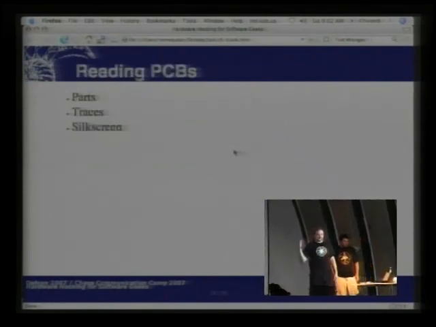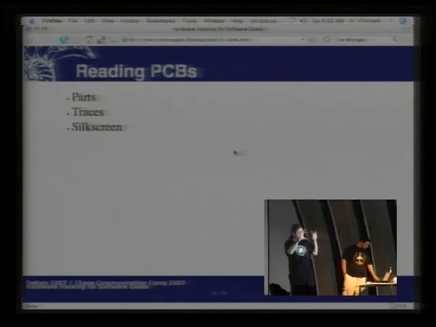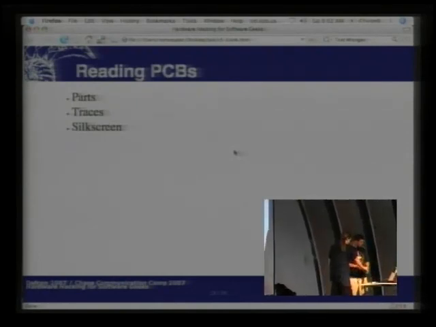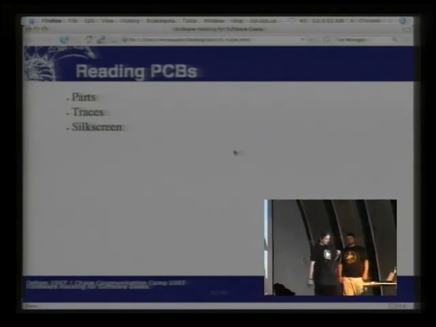Printed circuit boards, or PCBs, are the base part of any circuit. I have one here. This is the DEF CON speaker badge, and it shows